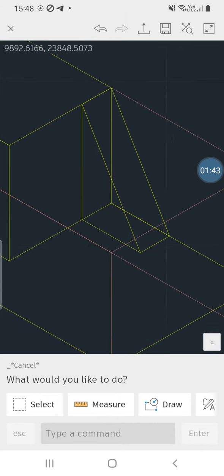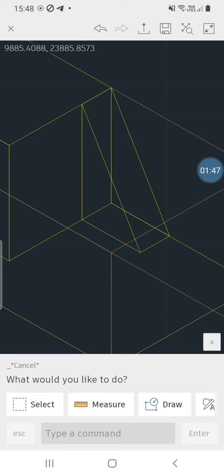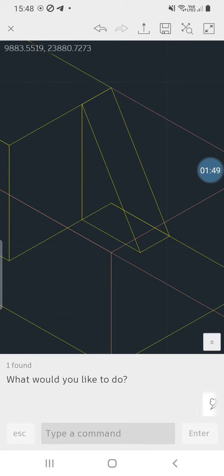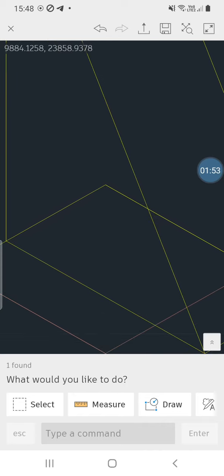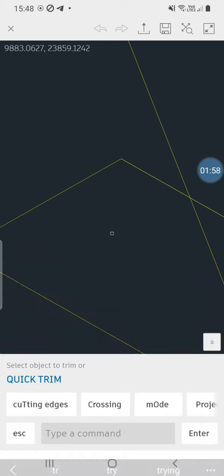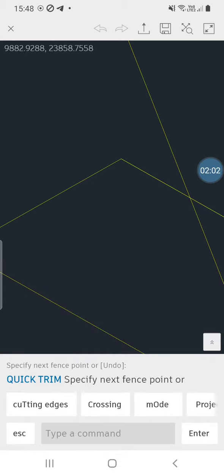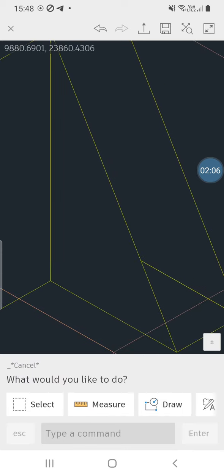In the meantime, the back surface lines will not be required. So we delete this line. So erase that. Lower line we don't require. Zoom here and use the trim command. So TR and enter. So just move your cursor on this line, so it is going to get trimmed over here, and escape.